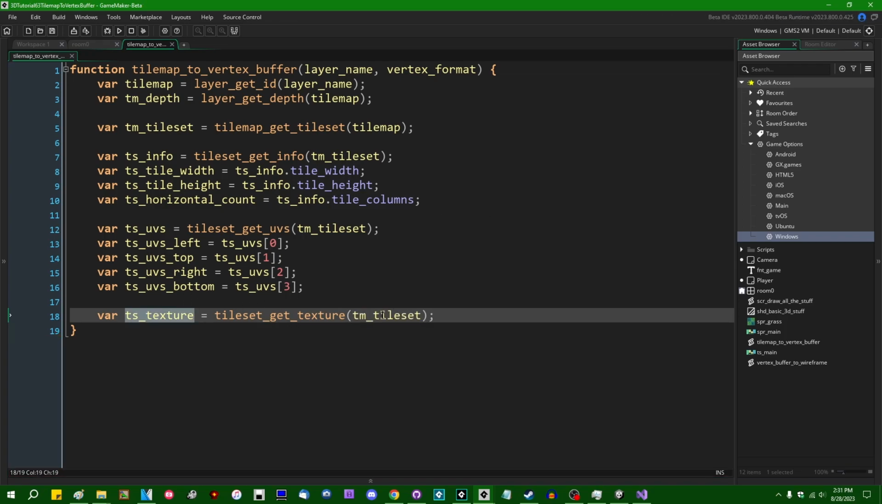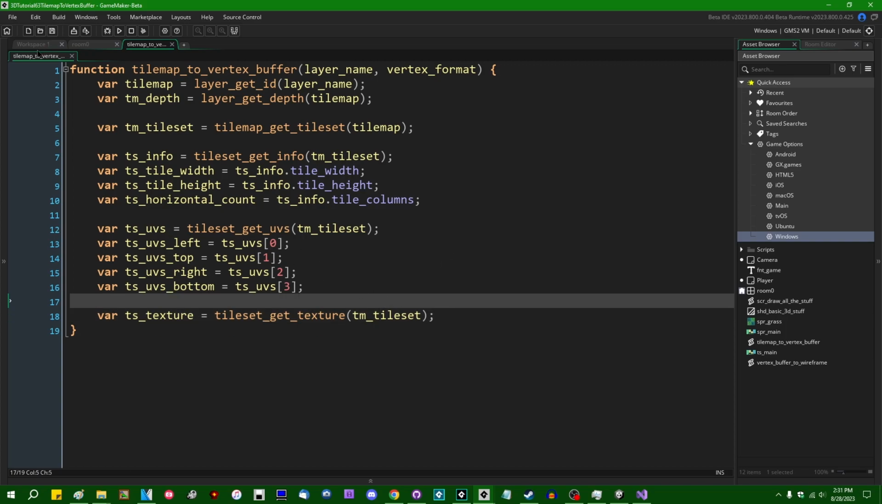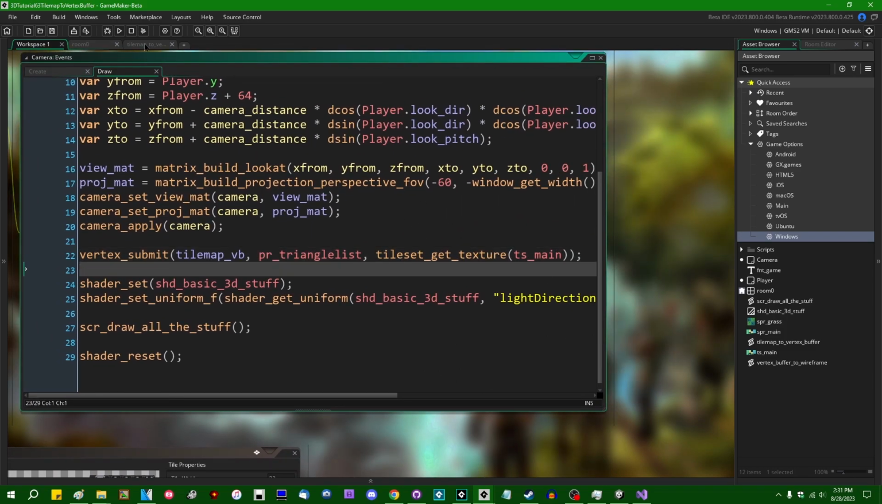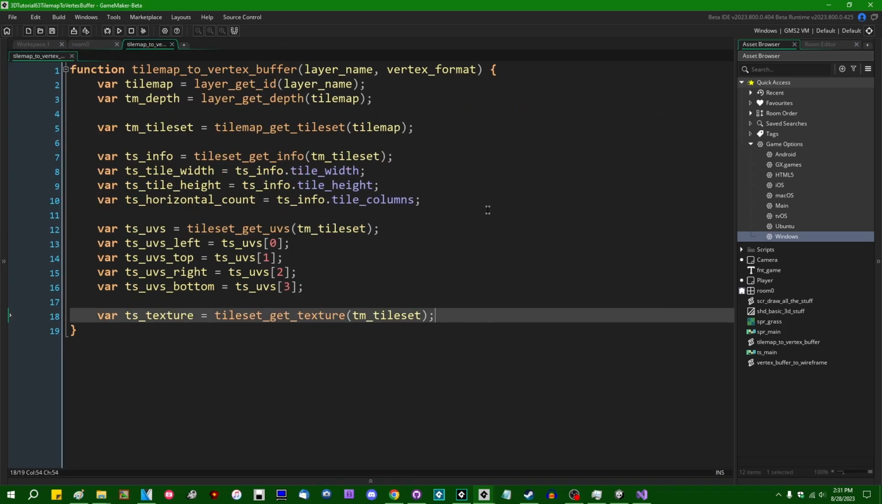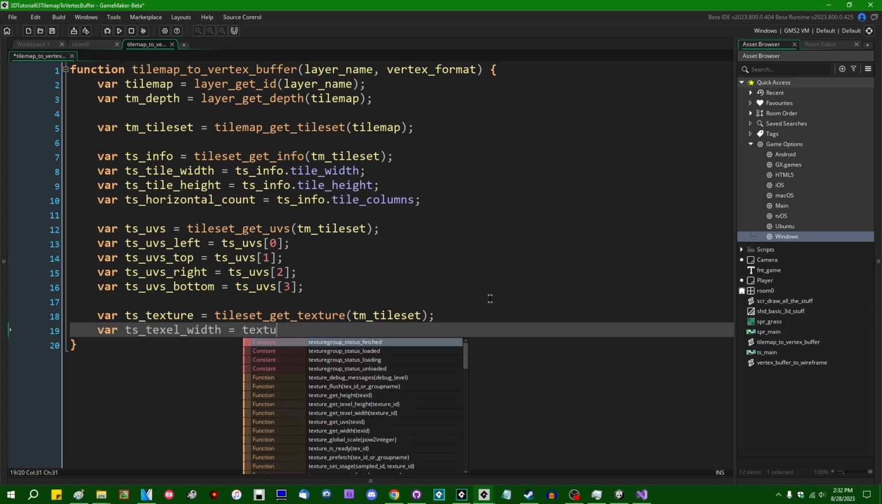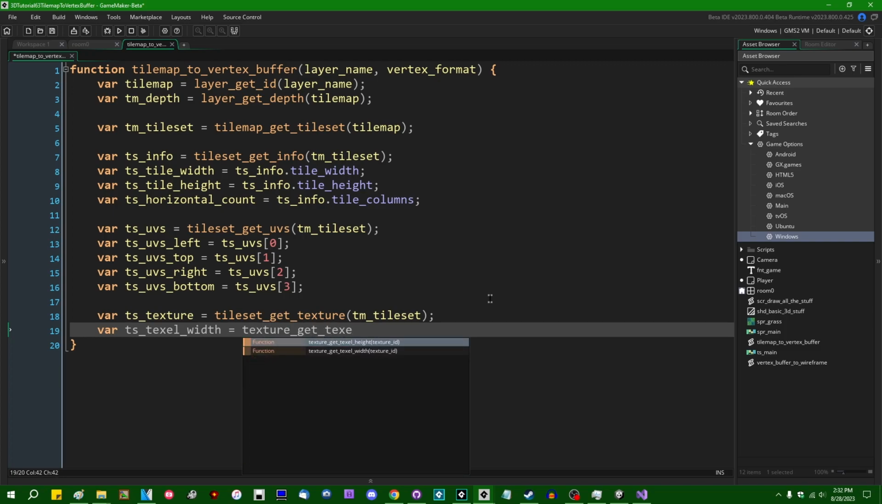This is going to be a reference to the texture page itself. That's what we're going to need to supply when we say vertex submit, for example. And we're going to need to know 2 bits of information about the texture itself, we're going to need the texel width and the texel height. So I can say var ts texel width is going to be texture get texel width,